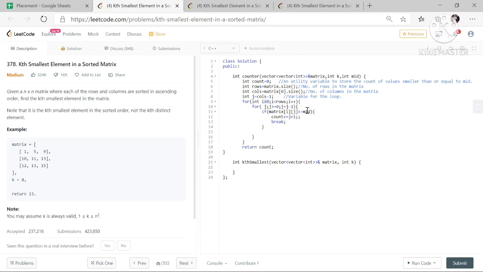So if this element is not less than or equal to mid, then nothing happens. But as soon as the element becomes less than or equal to mid, we increment the count by j plus 1, meaning the number of columns plus 1, because the column numbering starts from 0. So plus 1 is here, and then we break this for loop. This for loop is broken, and then we go to the next row and start from this j,